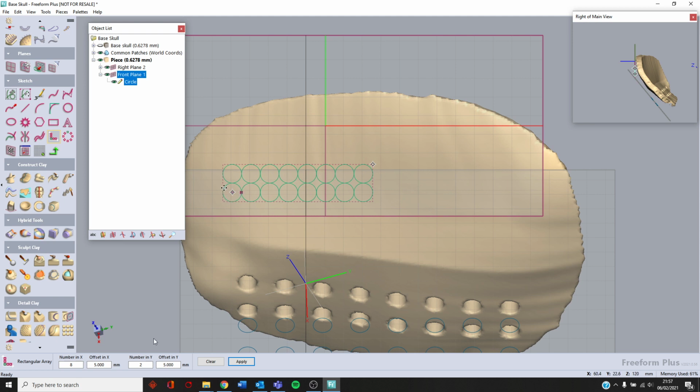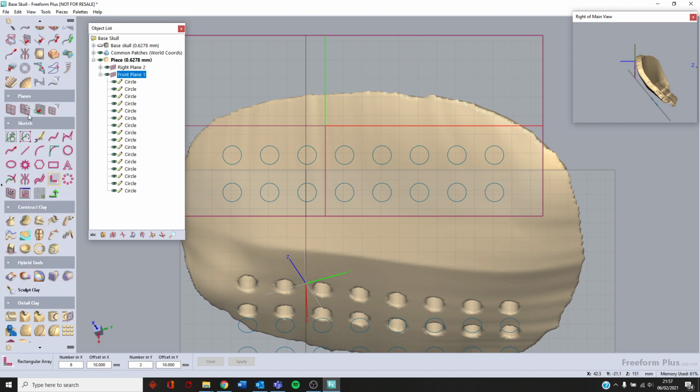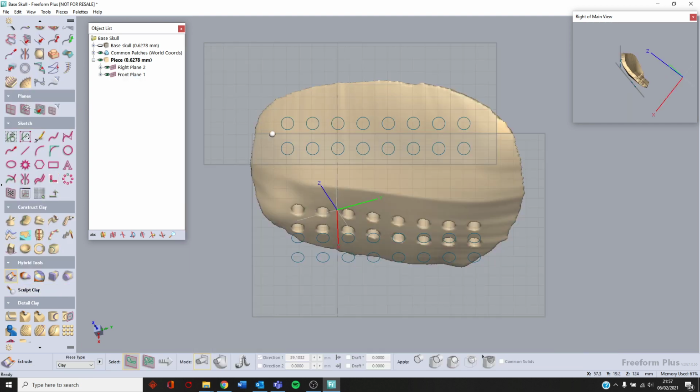There we go. If I drop it a bit lower because it was slightly too high, can't remember what we did last time. I think it was 10. Was it 10? Something like that. Okay, 8 to, that's fine. Apply, and I just repeat the exercise where I go to my hybrid tool, select each and every one of them,